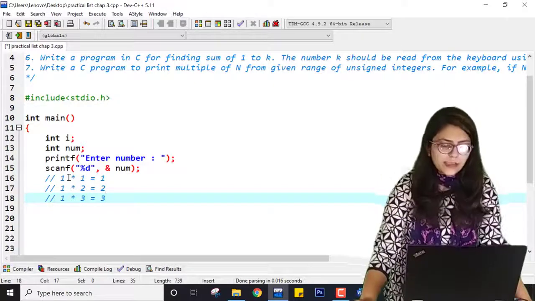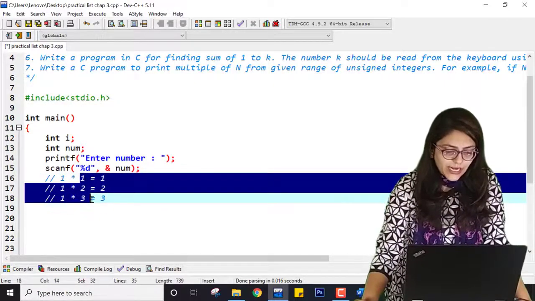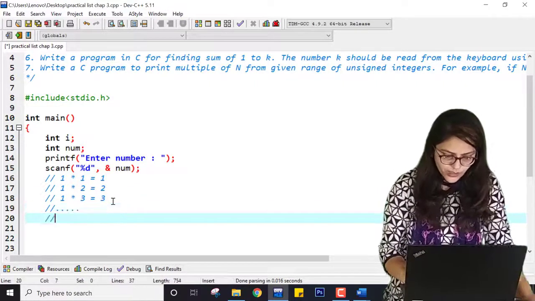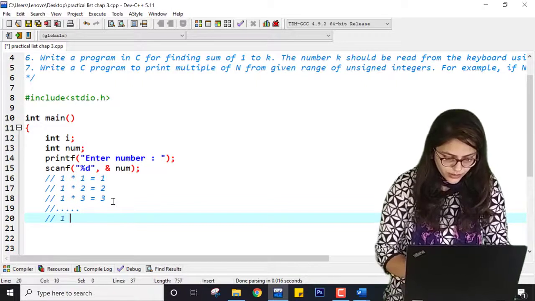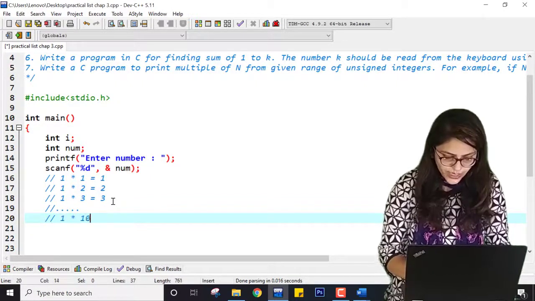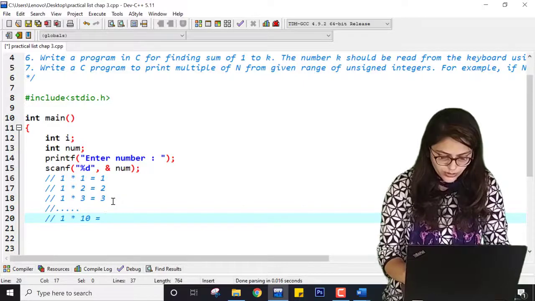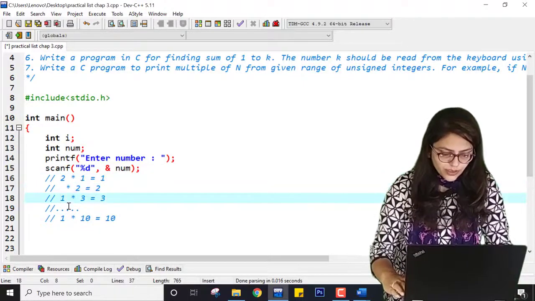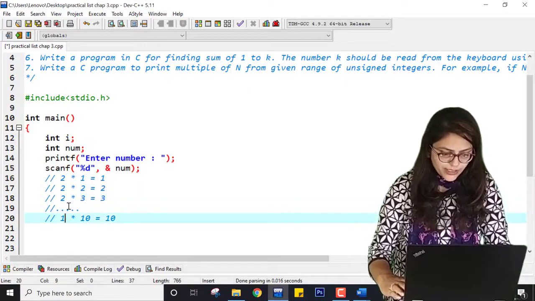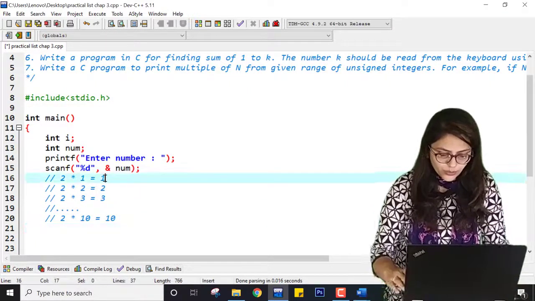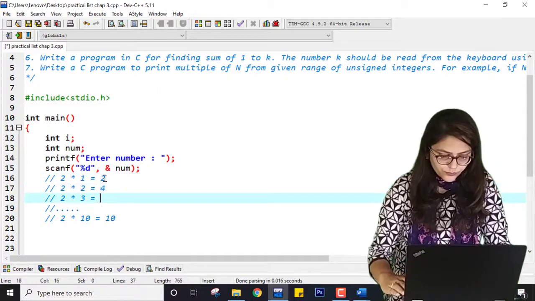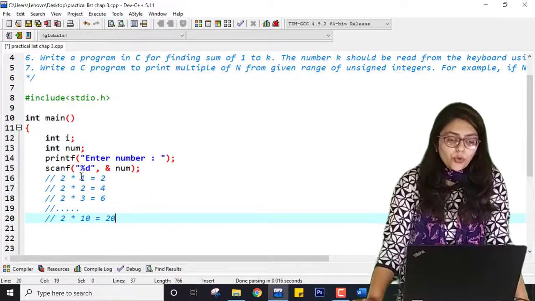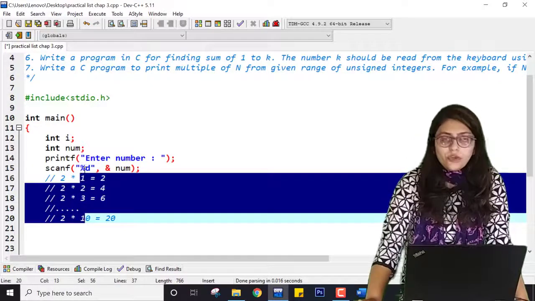So what I am doing, this middle value is increasing every time, and at the end of 10 values, it will be 1 into 10 equal to 10. Or if I take 2 stable, then it will be very convenient for you to understand. So here I am taking 2 stable. Here it will be 2, 4, 6, and up to here it will be 10 or 20. So you know that this is range 1, 2, 3, 4, 5 up to 10.